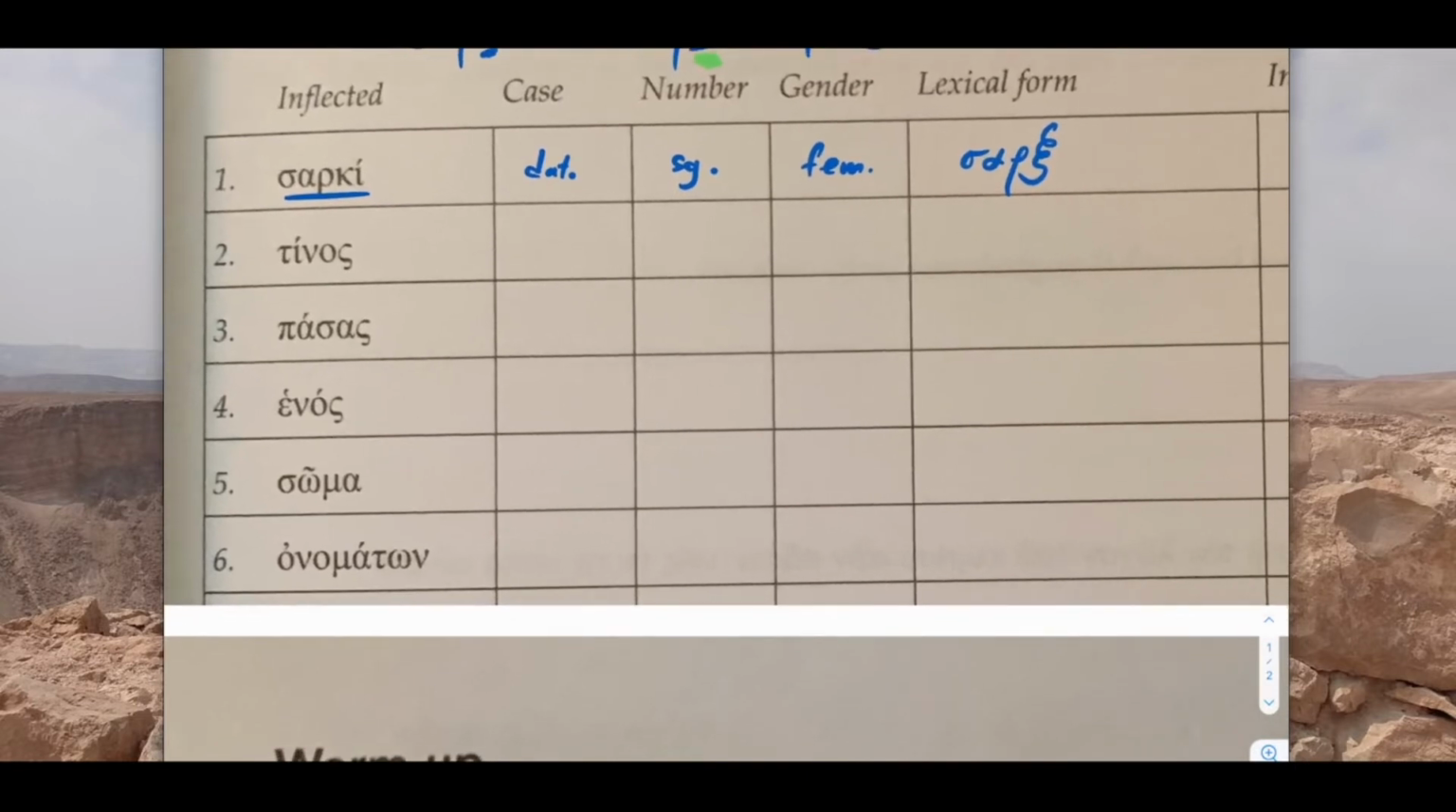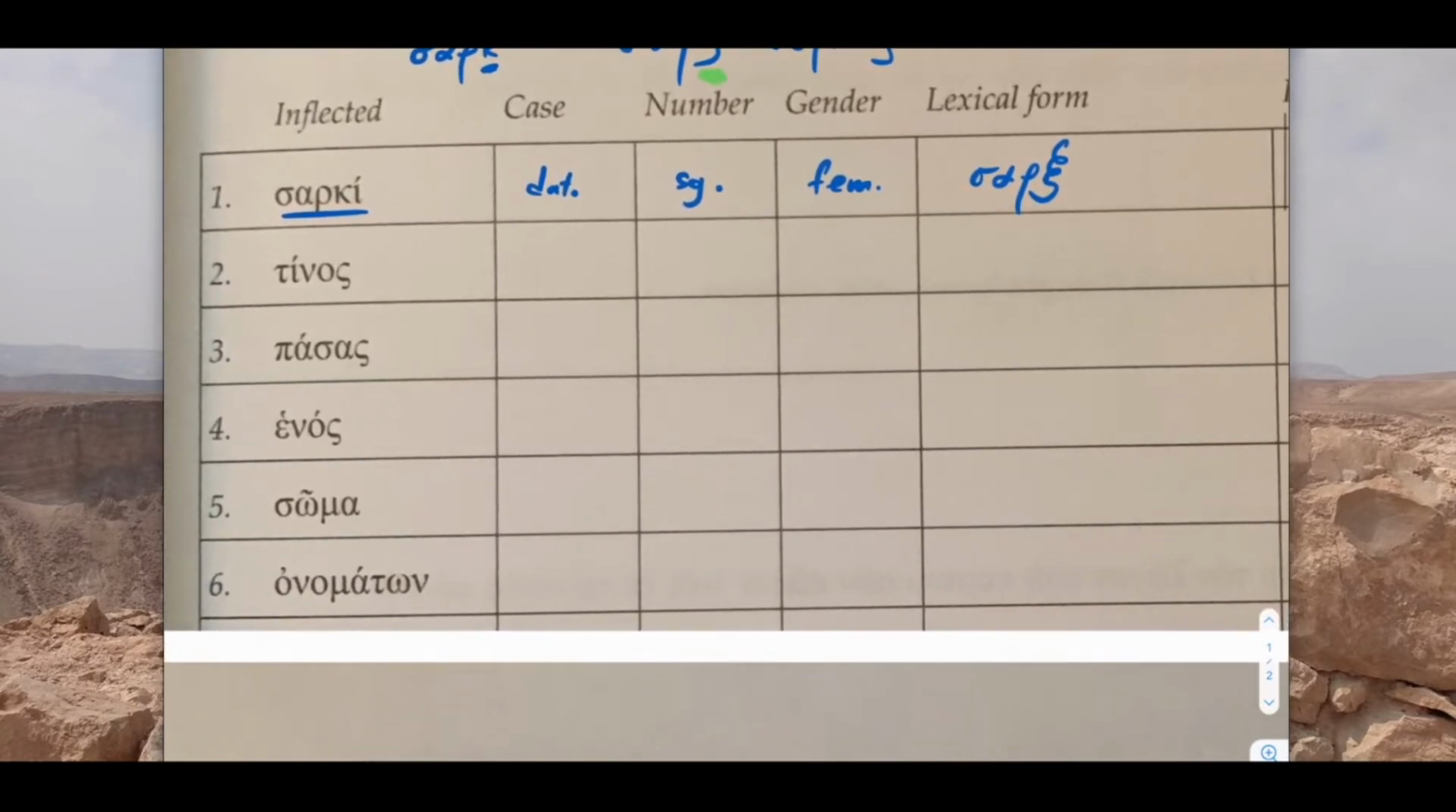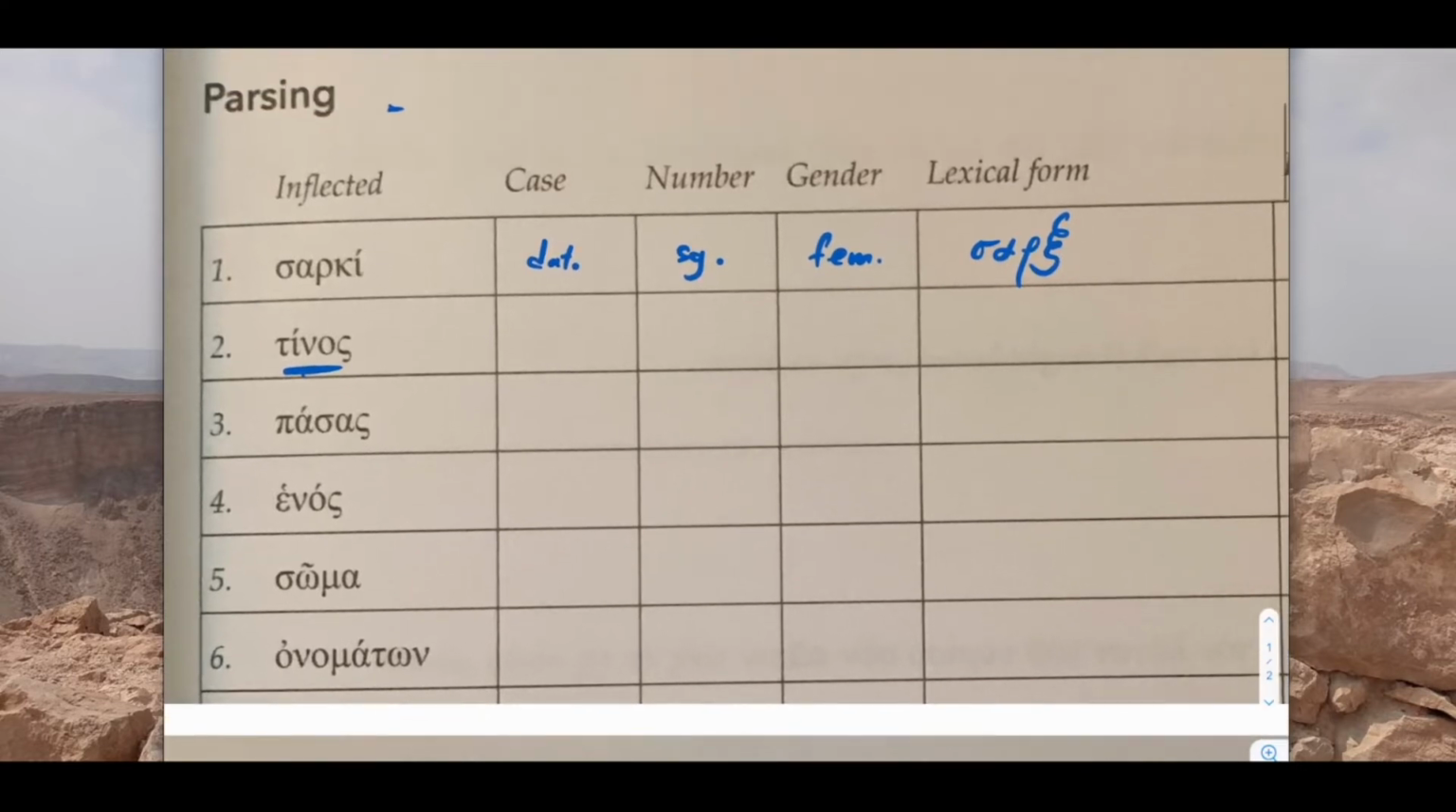Tinos. Let's do another one. This is an interesting guy here. Tinos. I'm going to erase my other notes. Tinos, this is also from chapter 10. It is the interrogative pronoun, tinos. And it's from the root tin, like this. But the nominative singular is